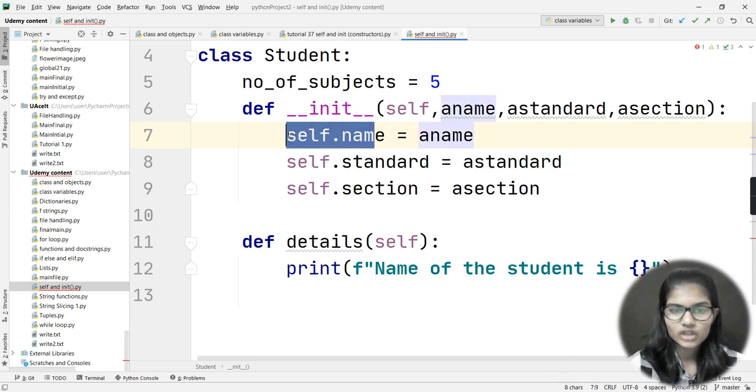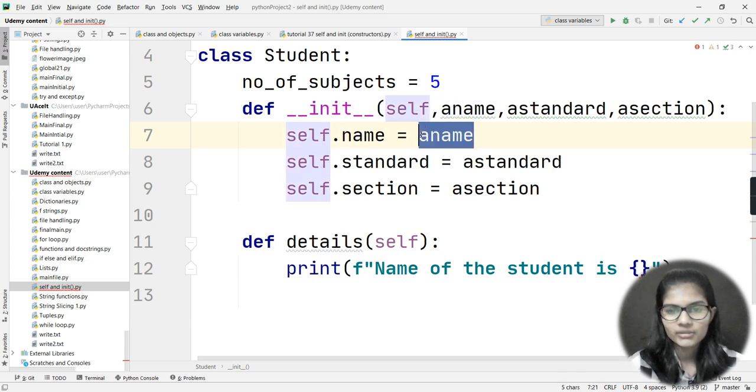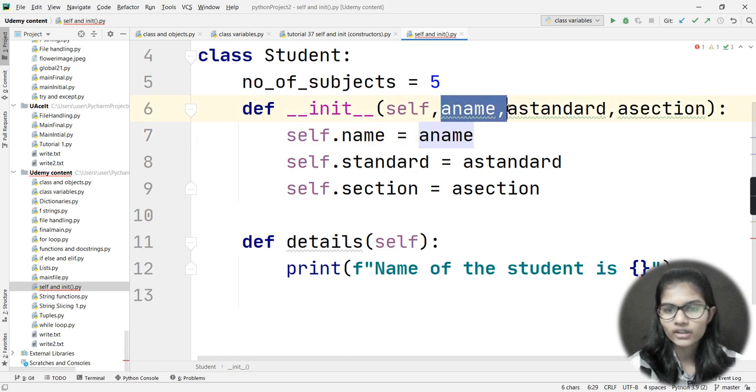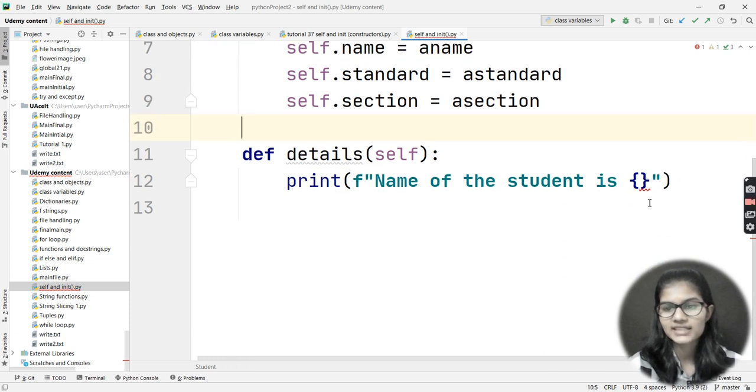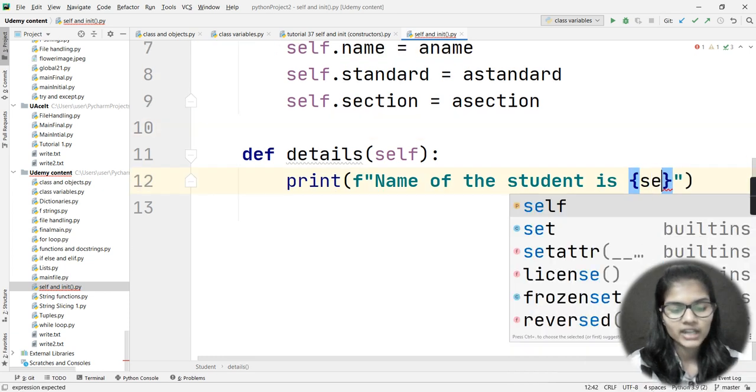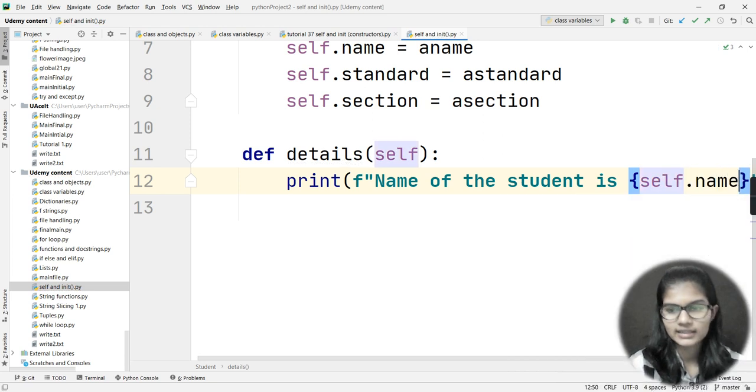In this self dot name variable, this a name is stored, and a name is one of the arguments which I have passed inside my function. So whatever value I write for it, that would point to self dot name. So I would be writing self dot name inside the bracket.